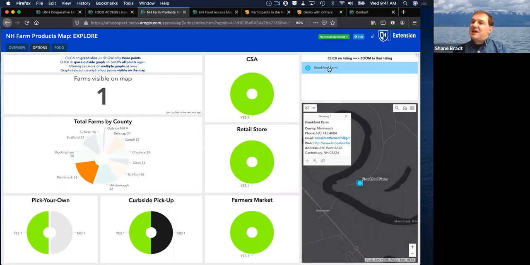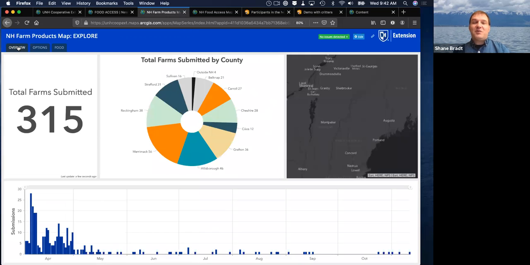So this was designed to have the people who are working on the farm products team that are not GIS people at all, have one link that they could go to. And as long as they had an ArcGIS Online account, because this one is hidden behind the scenes. Although you could argue that this should be public, but this would let them, even non-GIS people, get a handle on their data and understand